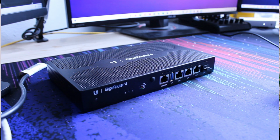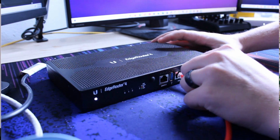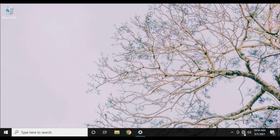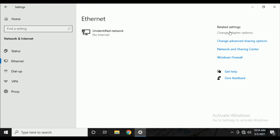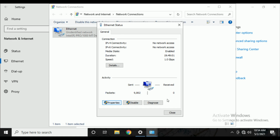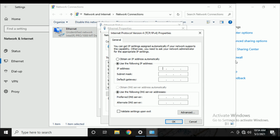Now, for first time setup, the same as the Edgerouter-X, you're going to want to plug in to Ethernet 0 and change the IP settings of your computer. So on the computer we're using to configure this, we're going to go to the Network and Settings Center, Ethernet, Change Adapter Options, our Ethernet connection, Properties, IPv4, and we're going to input the following: